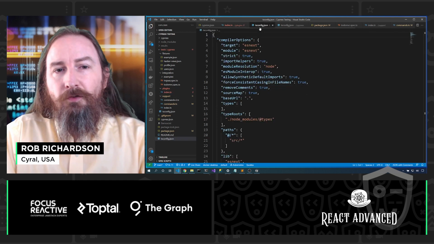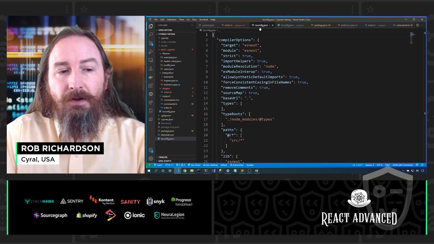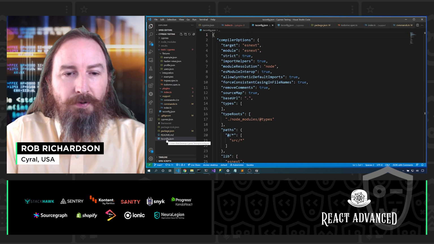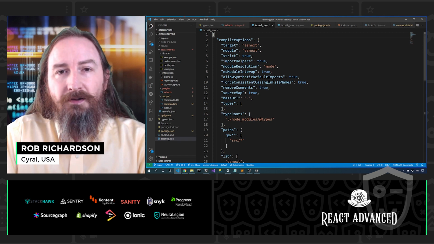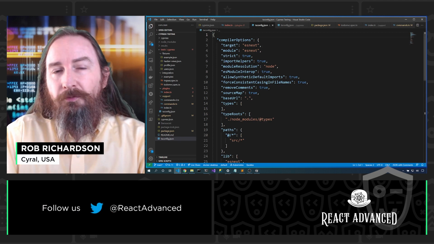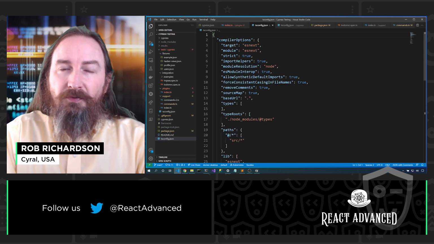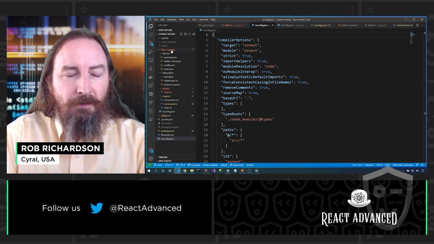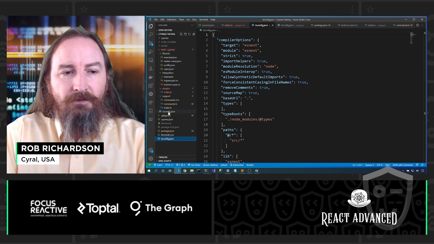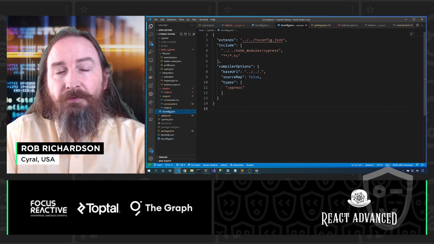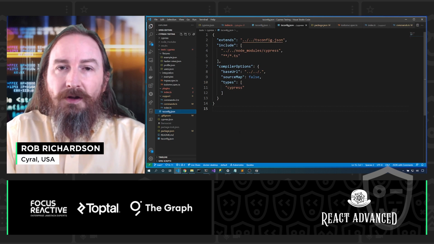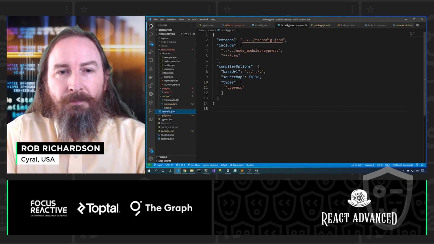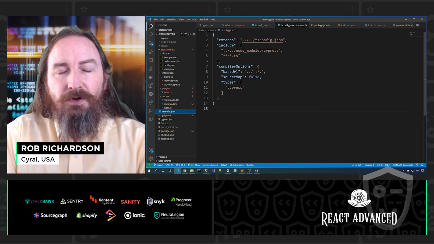Next up, I've chosen to make my tests in TypeScript. Now this is the base TS config in my project, and it doesn't have any details of TypeScript. This is just the TypeScript definition, the build definition that I would have as part of my project. Now here inside the test Cypress folder, I also have a TS config file. Now these are the specific overrides that I need to be able to launch Cypress from TypeScript. Note that I've extended the previous tsconfig file, so that I only need to override those pieces that